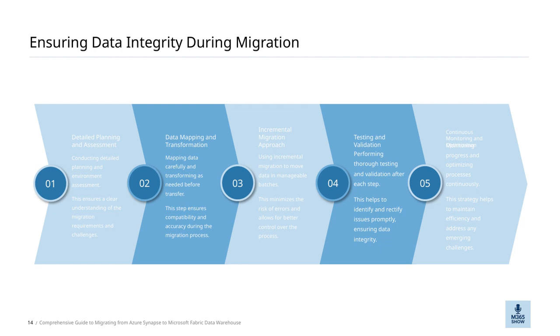After each step, thorough testing and validation are essential. This allows us to quickly identify and fix any problems, making sure the data remains intact and reliable throughout the process. Finally, continuous monitoring and optimization help us track progress, address any emerging issues, and keep the migration efficient. By constantly refining our approach, we ensure the integrity of our data and a successful migration to Microsoft Fabric Data